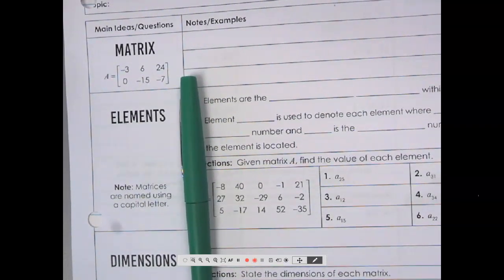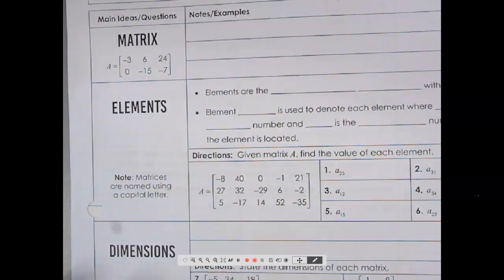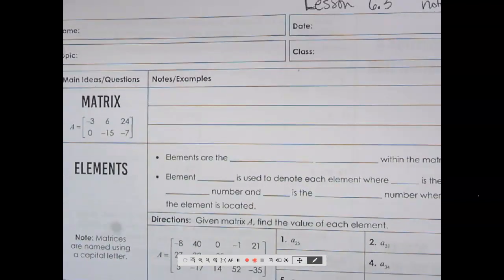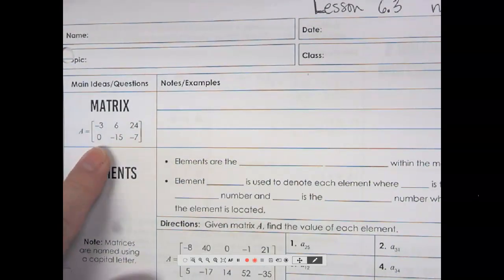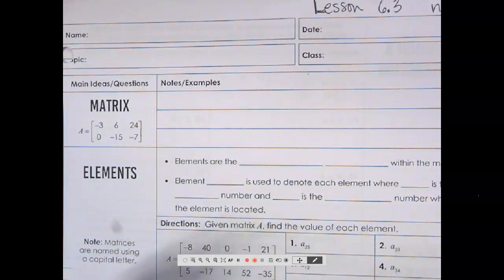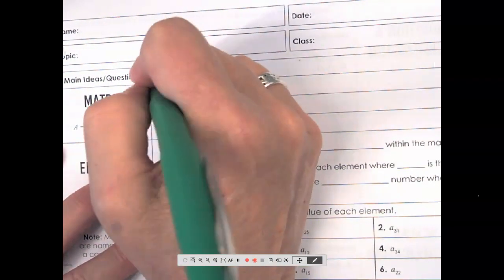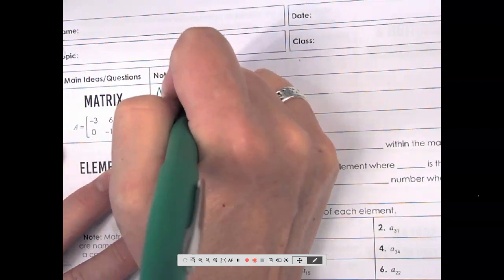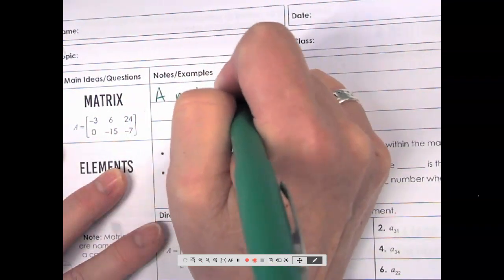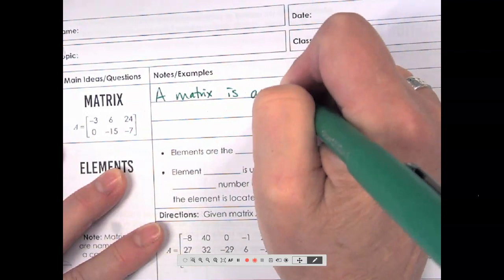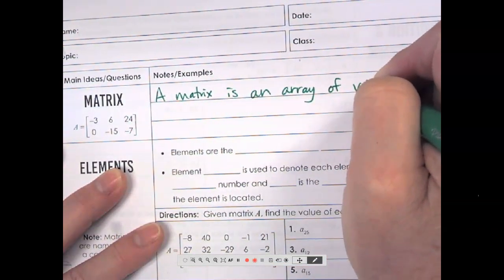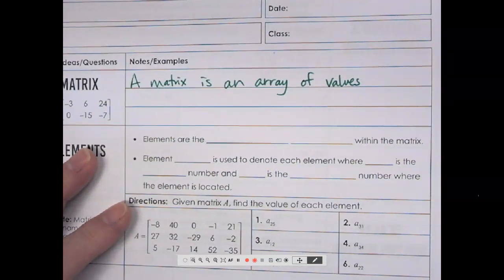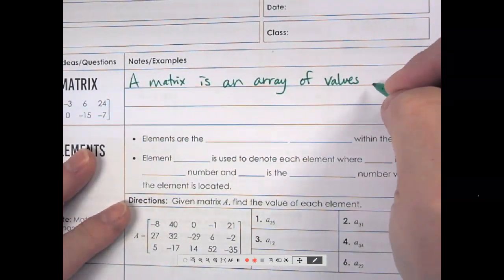Got everybody. Okay, guys, so let's do the easiest lesson of the year. All right, so this lesson is about matrices. Okay, so this is an example of a matrix. And what is a matrix? A matrix is an array of values. Could be variables, could be numbers, usually numbers, arranged